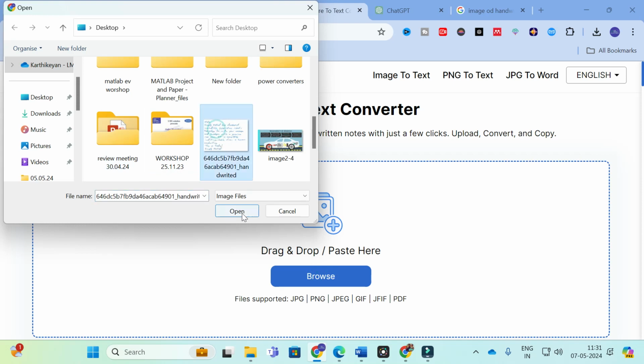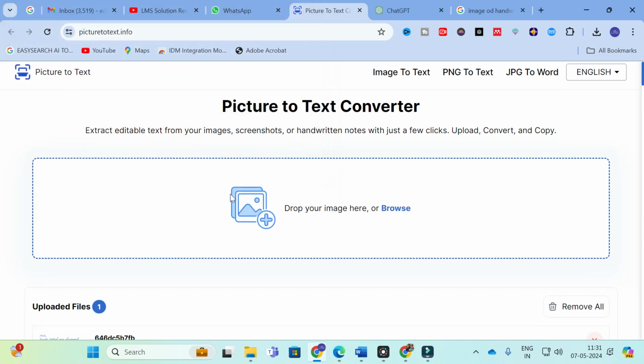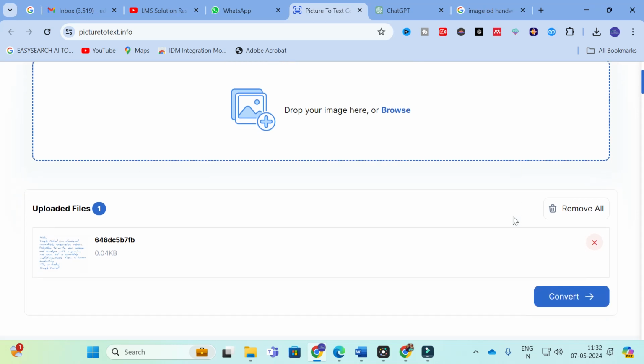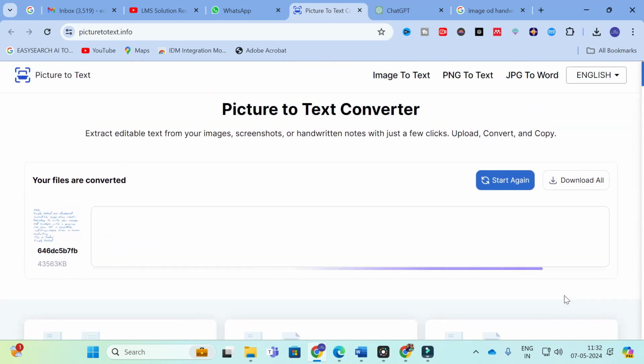Here I am going to upload the handwritten notes. This is important for those who are on the academic side. As teachers and professors, you may have handwritten notes. If you want to convert those handwritten notes into text, in order to give a soft copy to your students, you can make use of this option. Next, as our content is uploaded, just click on convert. It will take several seconds to convert